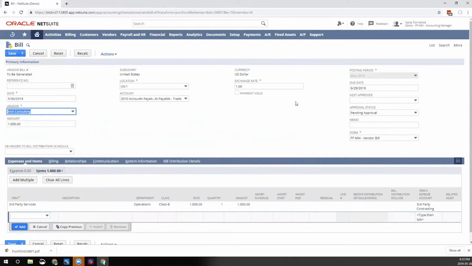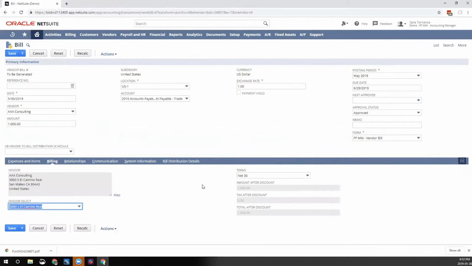Now in this case, I'm going to actually supersede any of those approval workflows, and I'm going to set this to approve because I know that I'm the one creating it and I'm the one with that authority. Additionally, down in the other subtabs, we can see here that this bill is going to have the correct terms that are automated from the vendor record. So for instance, Net30 is typically what I have with my vendor, AAA Consulting. So I'm going to make sure I save it in that way so that I know that's how I'm going to be paying out this bill in the future.